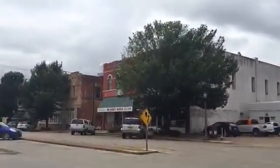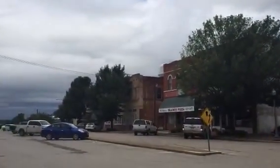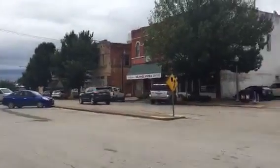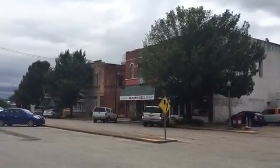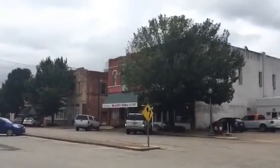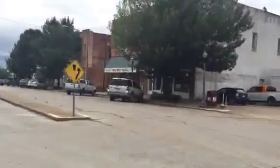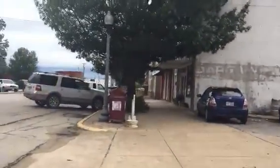So we got to hold on a minute. Let y'all look that way while I wait to cross. Hold on, folks. You can't look at the screen. I got to watch for the light. So comment amongst yourselves for a minute. I'm going to wait for the light to change. Come on, light. Sometime today would be lovely. There it goes. Oh, we're going, we're going. Literally, it gives you 5 seconds to cross the street before it starts going, stop, stop. It's very annoying. There's the courthouse from here, but we're going to get a better shot of it than that